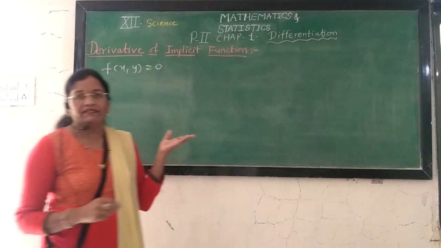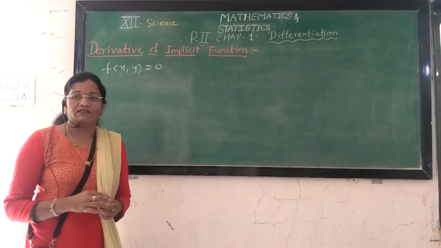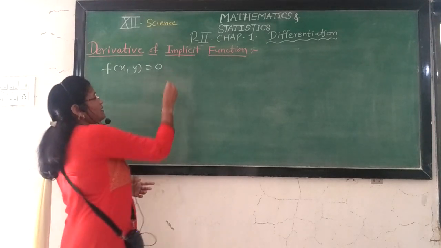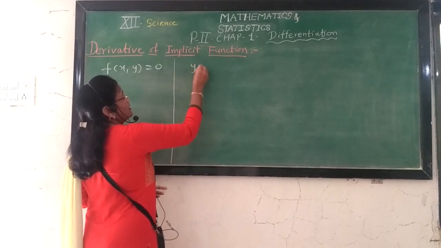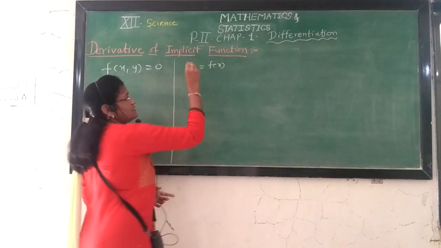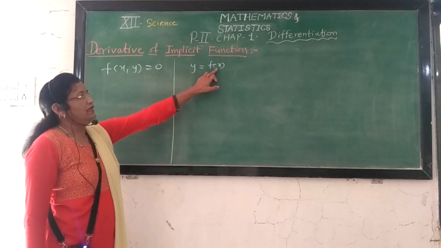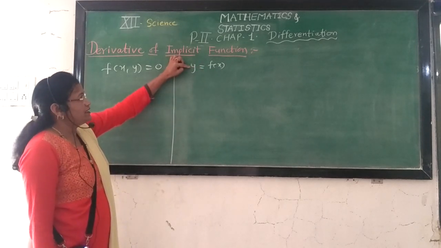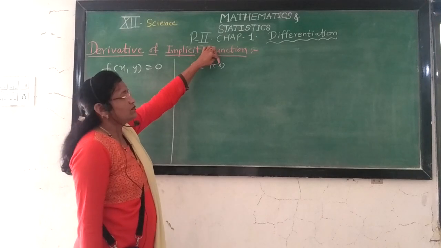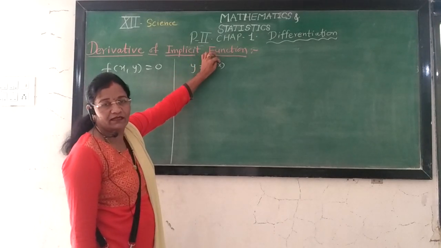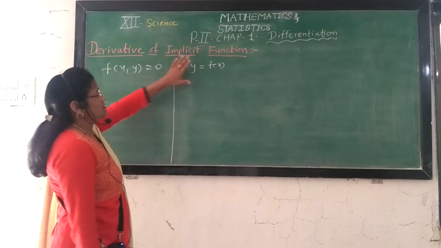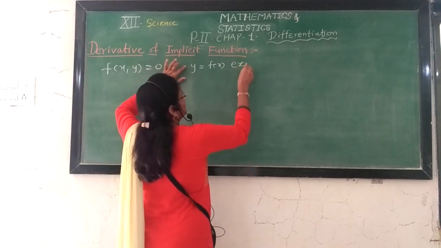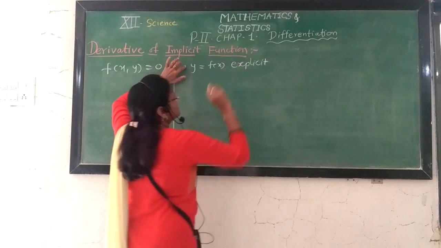Now, in the previous grade we covered logarithmic differentiation. Up to this topic, every time the function was y, which can be expressed in the variable x, meaning y is equal to f of x. y is the dependent variable, which can be expressed in terms of a single variable, the independent variable x. This type of function is called an explicit function.